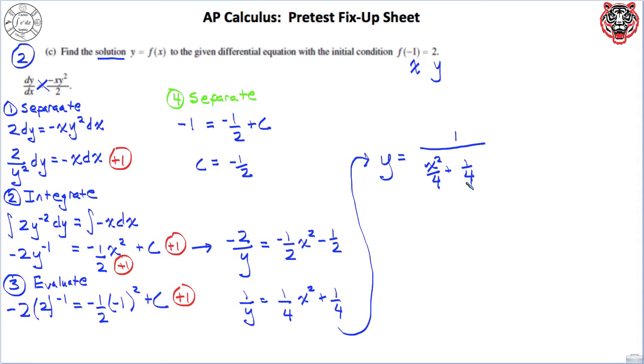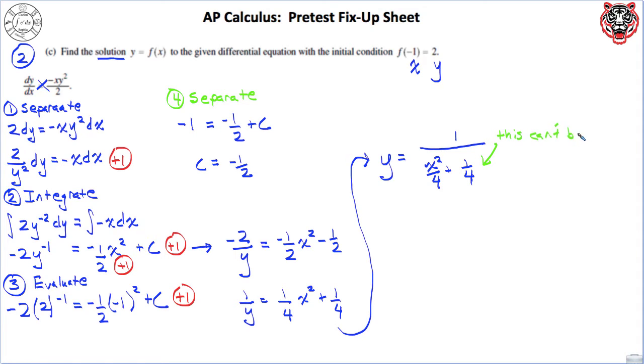And we do have some domain restrictions. We're not done because now we have a problem. This bottom can be equal to 0. If it is, then that's a problem. So let's go ahead and restrict the domain. If you don't restrict the domain, you do not get the points for this one. You don't get the extra credit points. So again, to make a note, what are we doing here? So this